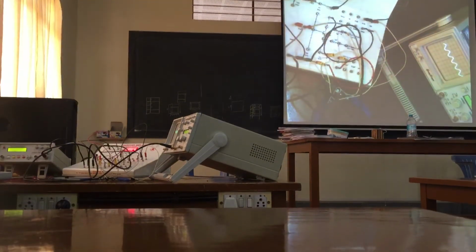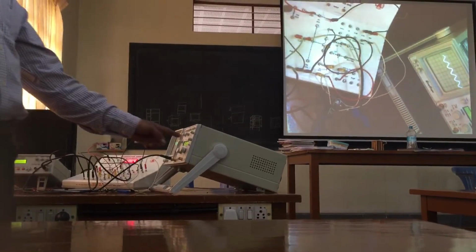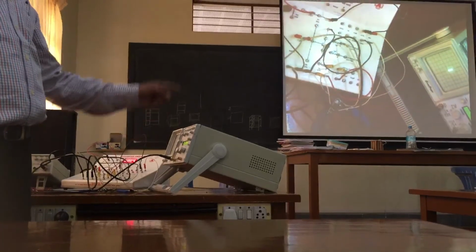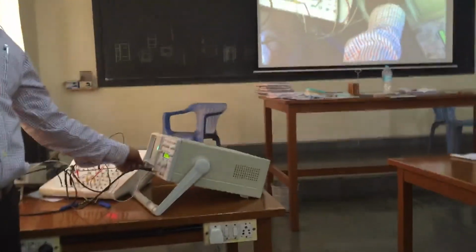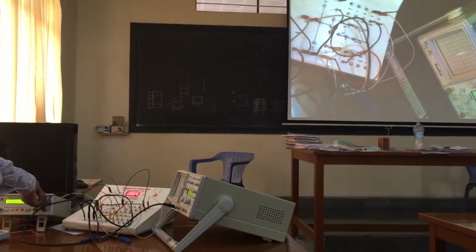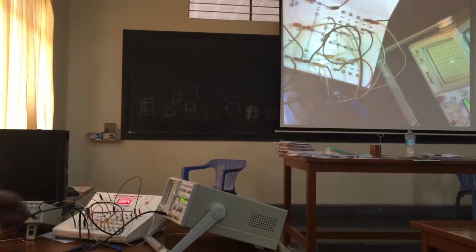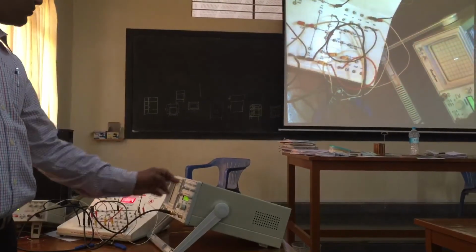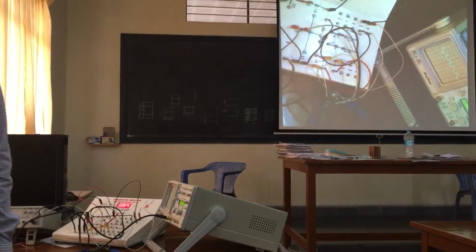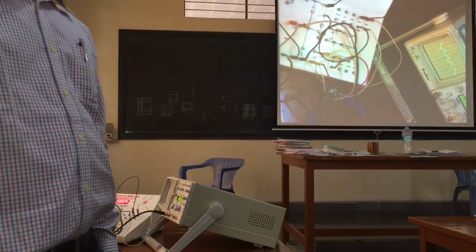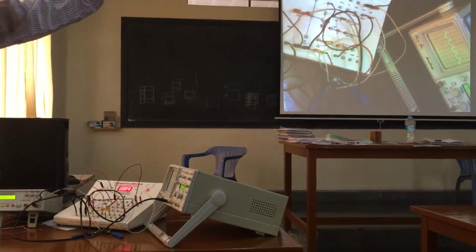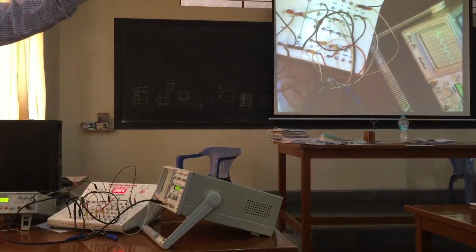How many divisions are you expecting? One division. Channel 1 is in 20 millivolts and the height of the wave should be one division. It is one division, you can see there. So using the amplitude variable you can increase or decrease. Is it a sine wave now? Channel 1, please, if you want you can write. Channel 1 should be adjusted to 20 millivolt and the height of the wave should be one division.